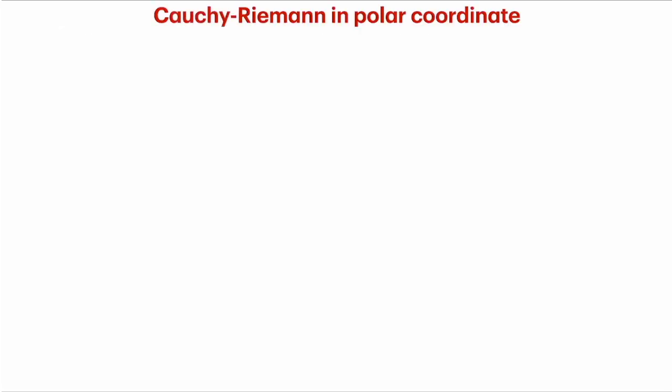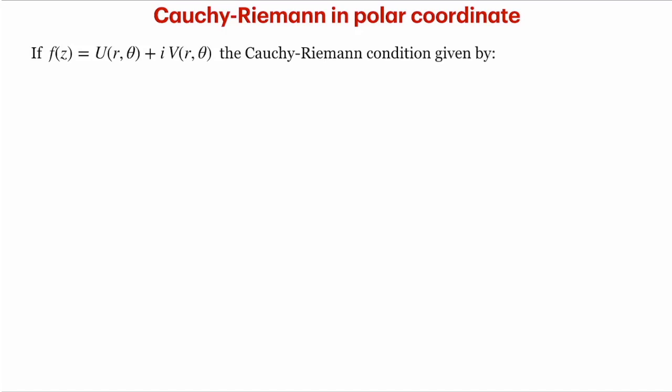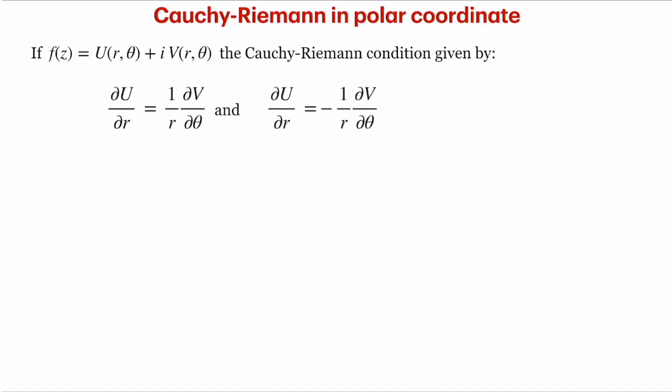The Cauchy-Riemann condition given earlier is in terms of the Cartesian coordinate system. One can also do this in the polar coordinate system, as sometimes it is convenient to have a complex function represented in terms of polar coordinates. So here you have f of z is equal to u of r and theta plus i times v of r and theta. The Cauchy-Riemann condition in this case is du by dr is equal to 1 by r dv by d theta. And the second condition is,